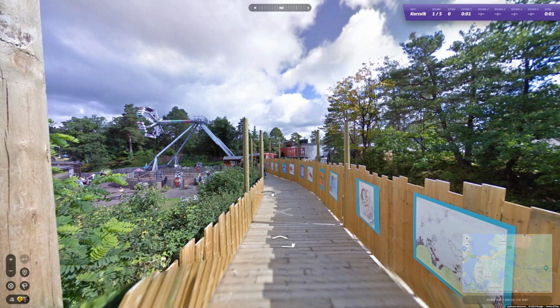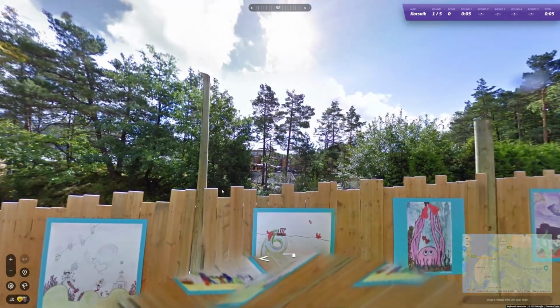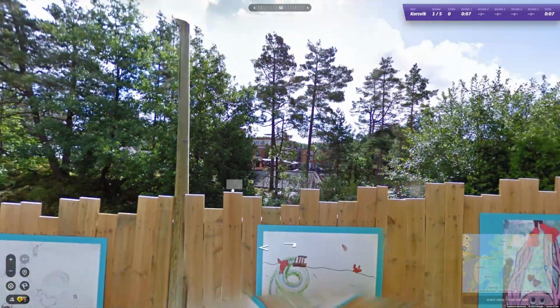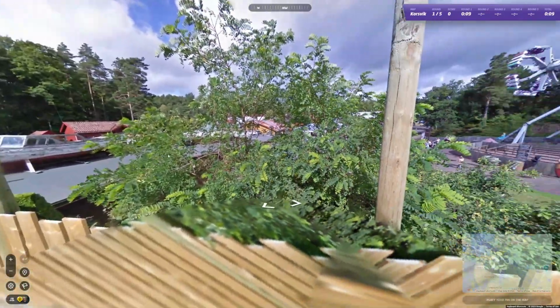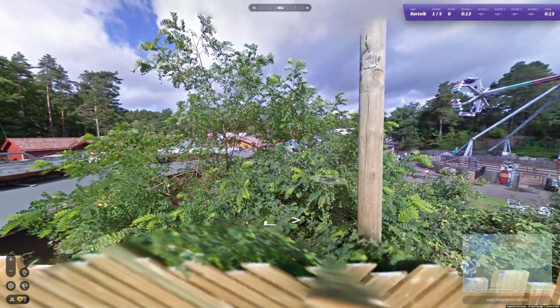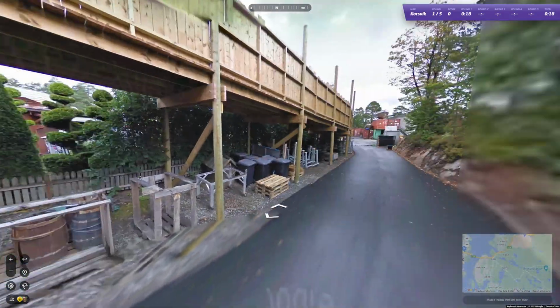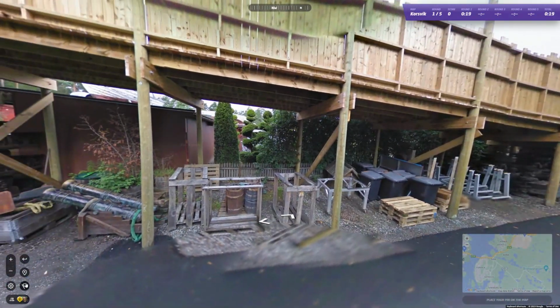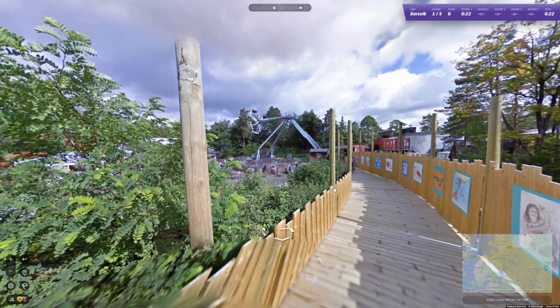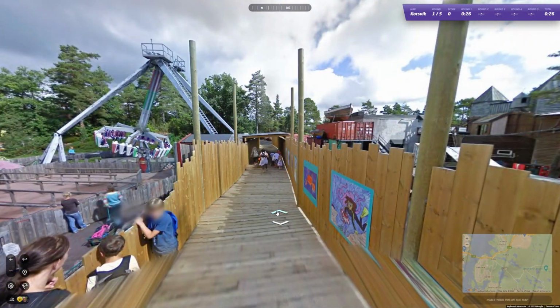So let's go again. Oh, and we're back in the amusement park, and this time I'm not entirely sure I will be able to make this happen. And all this construction work going on here. This could be a really, really, really tough one. So,